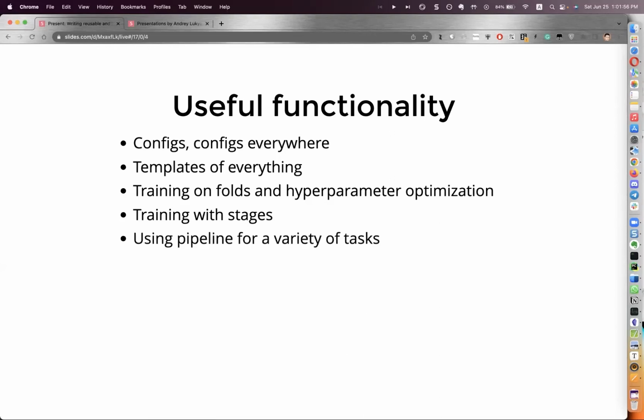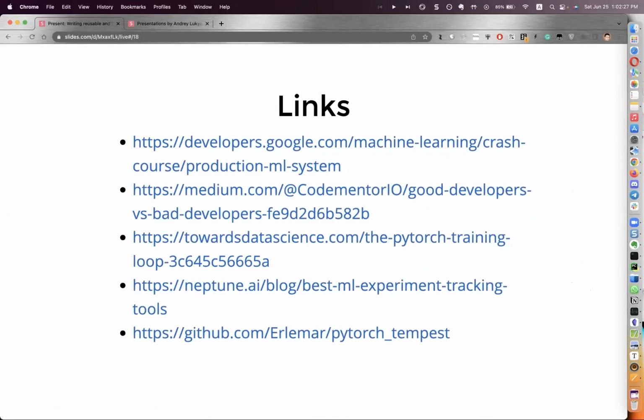As I have already said, it's nice to be able to use your pipeline for a variety of tasks without rewriting all the code. And well, even though no one likes documentation, it's important to write it so that you can remember what you wrote a month ago. And of course, it's nice to have some cool tricks, gradient accumulation, increasing dropout, and so on. There are many possible tricks, and it would be nice to have them in the pipeline and not to write them every time again.